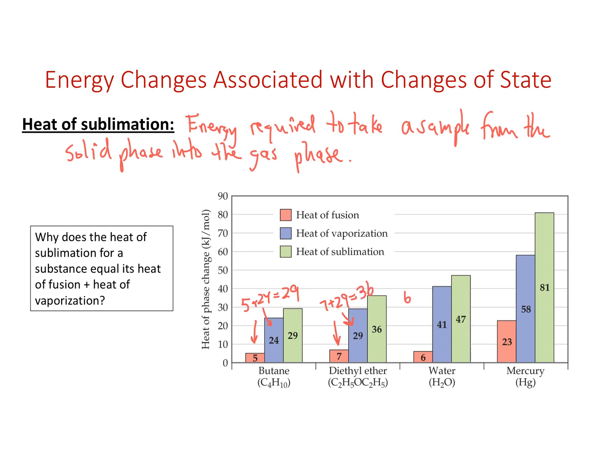And the same thing here. I've got 6 and I've got 41. That equals 47. So for those cases, we see that the heat of sublimation is equal to the sum of the heat of fusion and the heat of vaporization. So why is the heat of sublimation equal to the sum of the heat of fusion and the heat of vaporization? The answer to that question is because the heat of sublimation